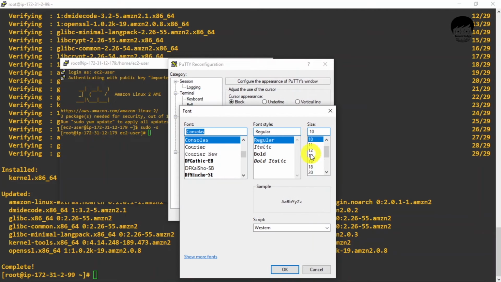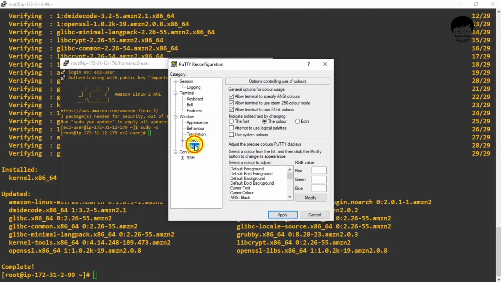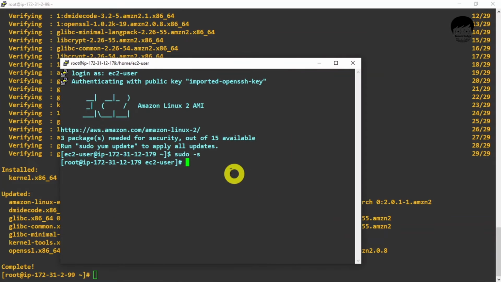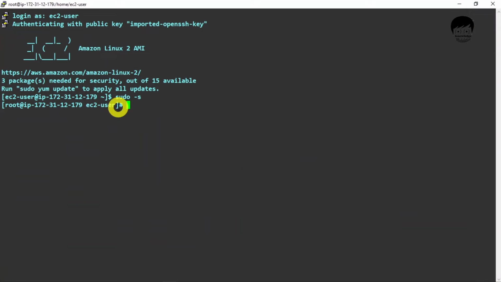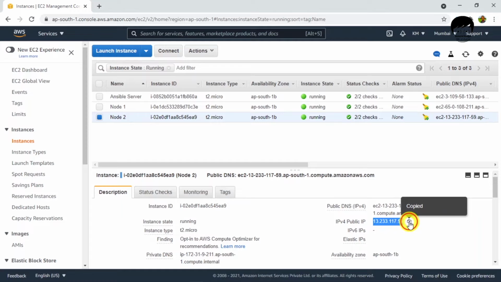Appearance 14 bold. Then colors as well. I will keep it as this color. This is node 1, and I will connect node 2 as well.